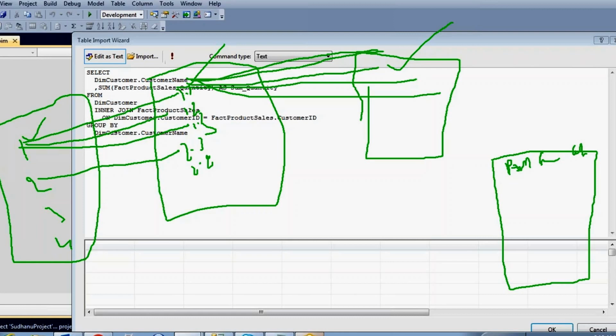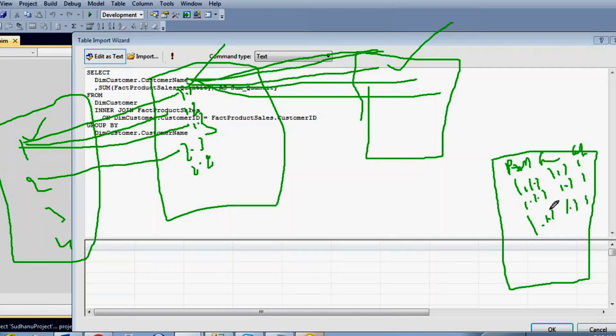For example, say customers purchase product 1.1.1, and another customer purchases 1.1.1 again. So a total of three customers are purchasing the same product. This same product belongs to which subcategory? 1.1. Am I right? Yes. And the same subcategory belongs to which category? 1. Am I right? Yes.